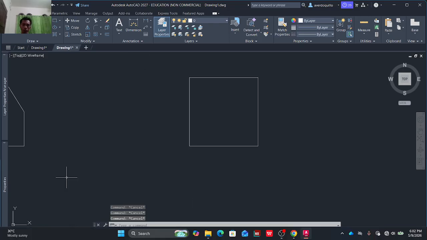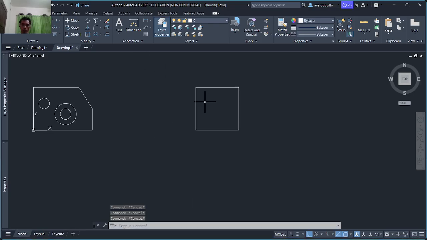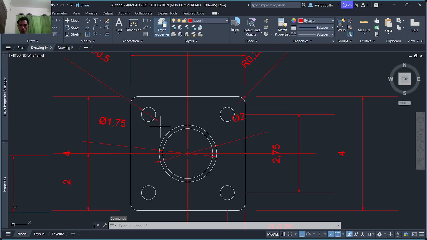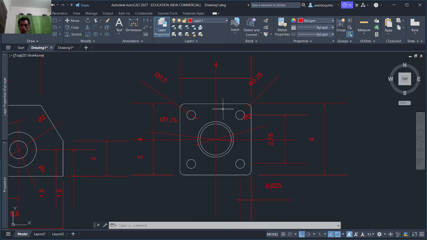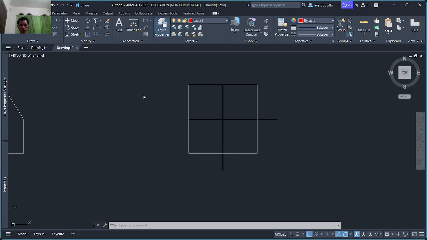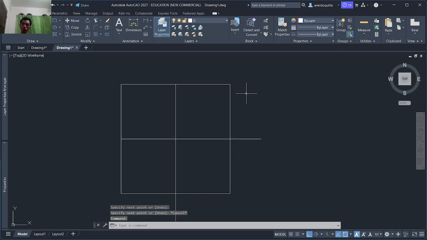Next to consider, since this is a square, I have to put the line first. I think this line would be useful, and you may understand why later. 2.75, diameter 2.75. We need another square here, which is 2.75.